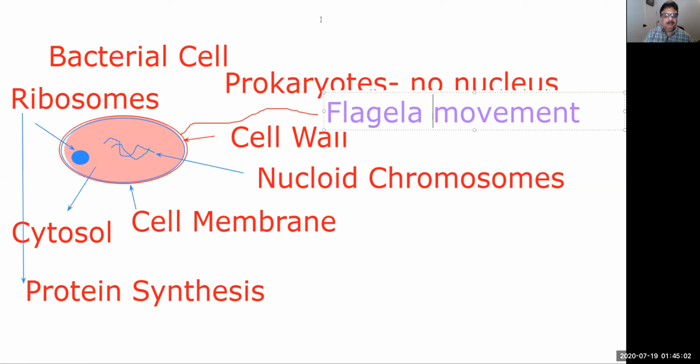The second type of structure that bacteria have are very small and present all over the bacterial cell wall. Very small hair-like structures, present all over the bacterial cell. Small hair-like, not like flagella. These small hair-like structures are called